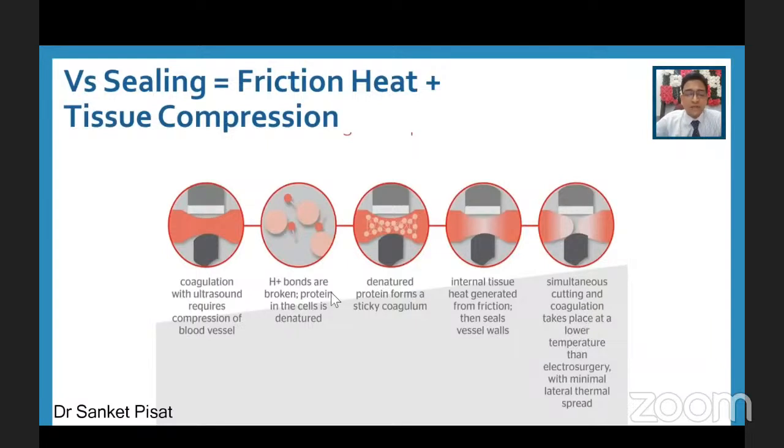Now it is important to remember that the importance of compression cannot be forgotten here. It is because of this compression that the heat is not allowed to extend beyond the jaws of the tissue. In the absence of compression, the blood in the tissue itself acts as a conduit for the heat to dissipate, and this causes a tremendous amount of lateral spread. Hence, with this particular instrument, there is very minimal lateral spread, just about 5 millimeters or so, unless the application of the instrument is for a long period of time,